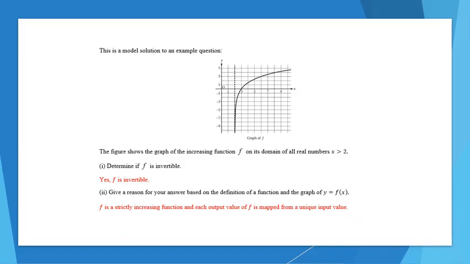Right? So let's say we have this question here. The figure shows the graph of increasing function f on its domain of all real numbers, where x is larger than 2. Determine if f is invertible. This should be yes, right? It does, or will always, pass the horizontal line test. And then give a reason for your answer based on the definition of a function and the graph of y equals f of x. And so here you want to say something about the actual function itself, and then you want to say something about the definition of invertibility. So here you could say f is one-to-one,